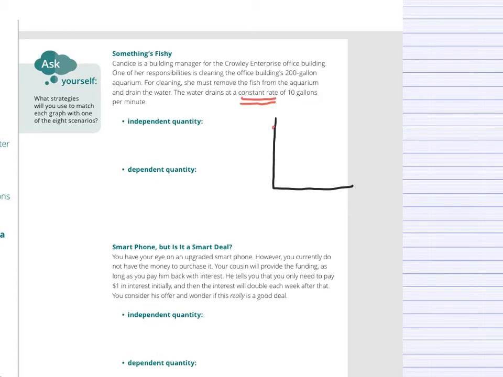So in my head, I'm picturing a graph that would start right here at 200 gallons. Now again, I just said gallons, so that means this axis represents gallons of water. So I have 200 right there. Now it's draining at a constant rate of 10 gallons per minute. So that means after 1 minute, there's 190. After 2 minutes, there's 180. And this keeps going, 170, 160. So I'm picturing it going down at a constant rate, which would make a